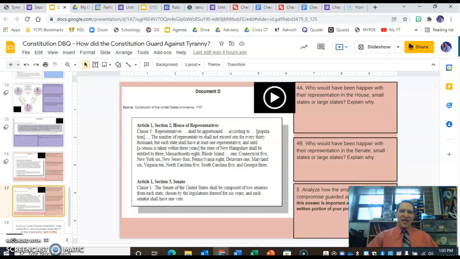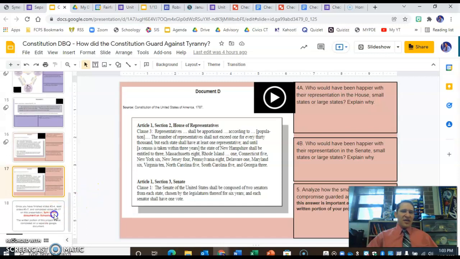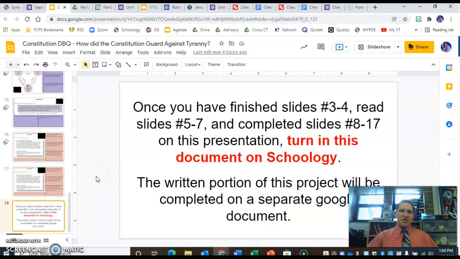Question 5 at the end is the same for every one. It's really important to answer the 5th question honestly and accurately. And then once you're done with all this information, you can turn this in, and we'll do the part 2 later on next week. But make sure you get this done. This is really important. It's going to be a 25-point classwork grade, project grade,